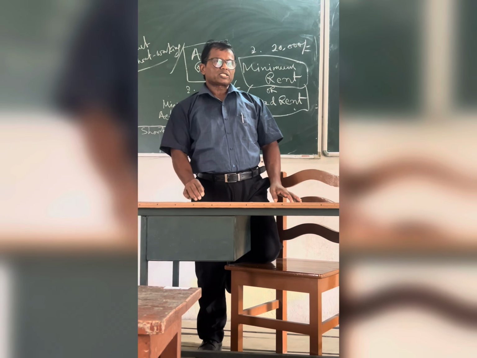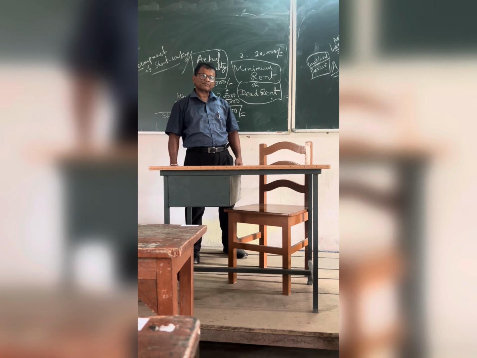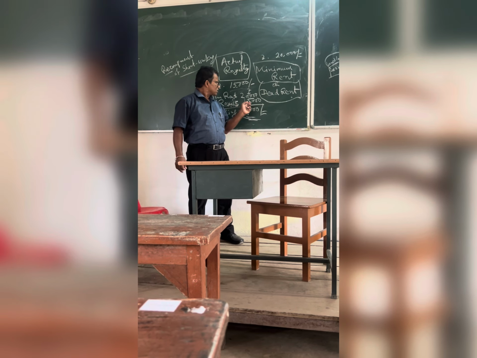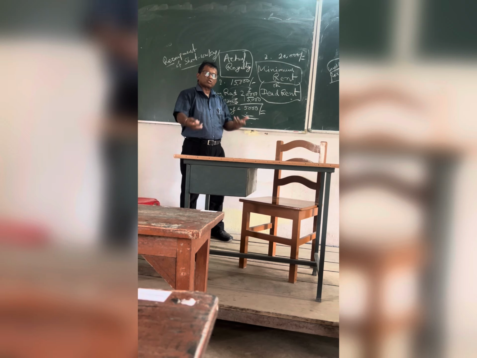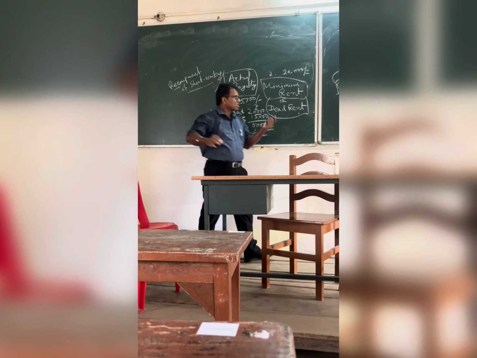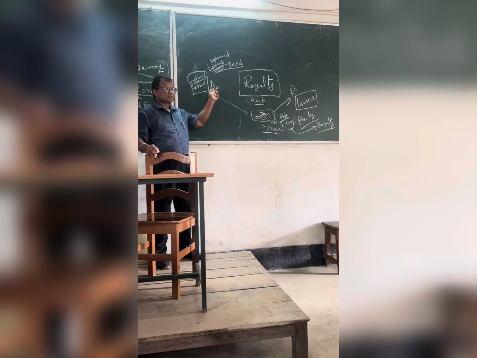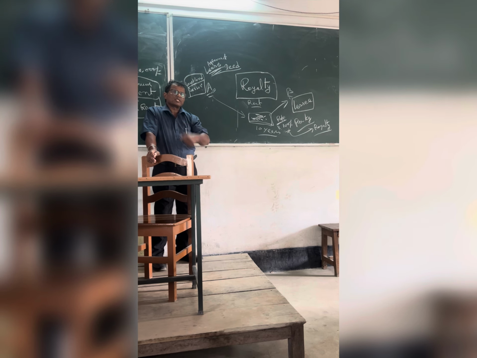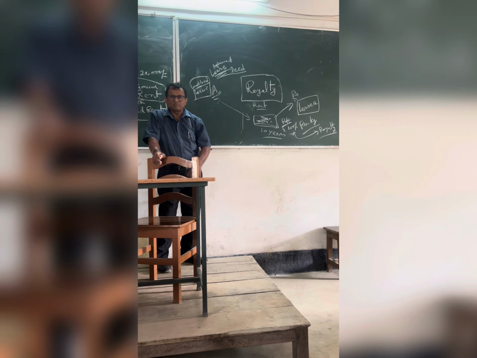Now another point. Suppose next year also there is short working, again short working, again short working. Suppose excess working is not coming. First year you paid 20,000, actual was 15,000, so short working 5,000. Next year again short working. So excess working is not coming for several years. Then the lessor may put a clause in the agreement: you adjust short working only within 5 years. After that you cannot adjust. Maybe, maybe not.